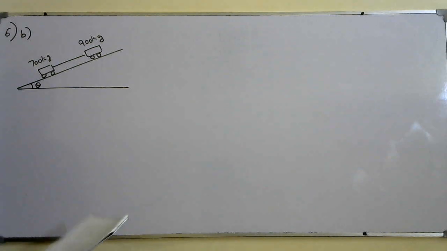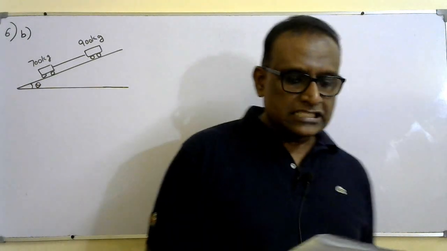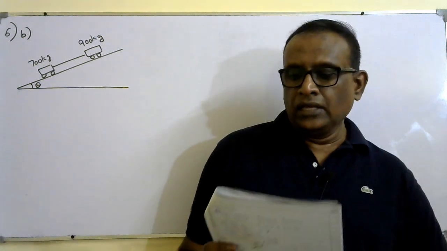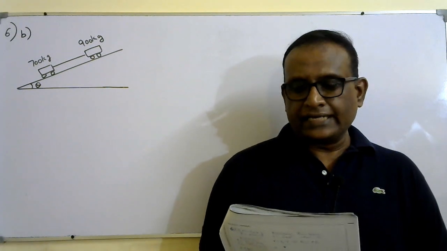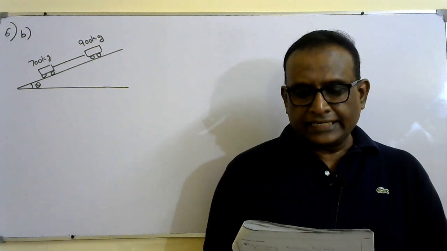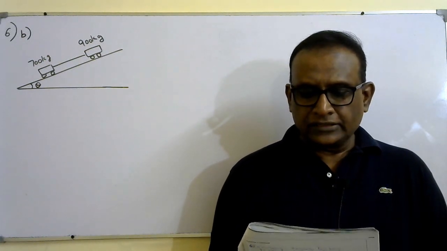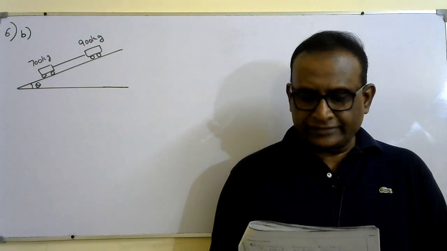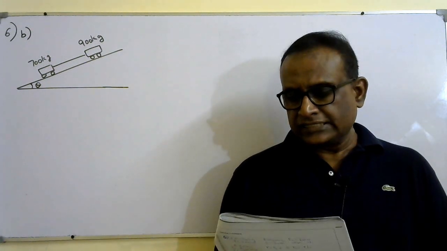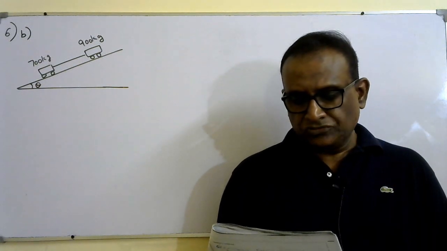Okay, so the second, same question, B part. Later, the van is towing a trailer of mass 700 kilogram up a straight road inclined at an angle theta, where sin theta is 1/14. The trailer is attached to the van by a tow bar as shown in figure 3. The tow bar is parallel to the direction of motion of the van and the trailer. The resistance to the motion of the van from the non-gravitational force is modeled as a constant force of 600